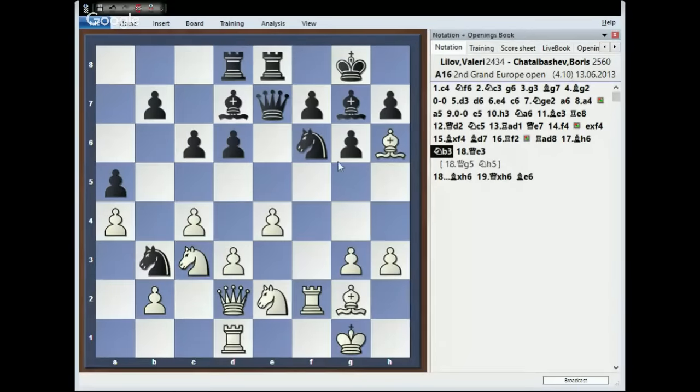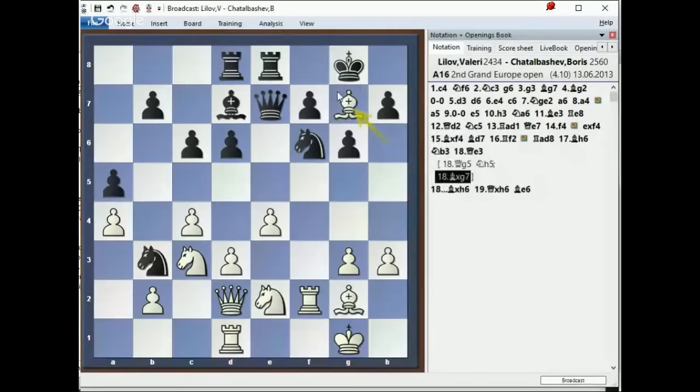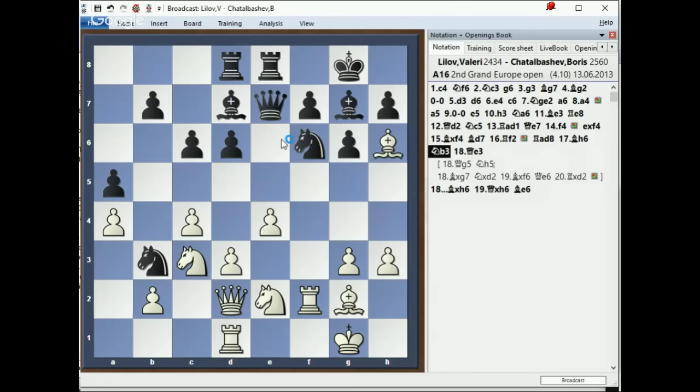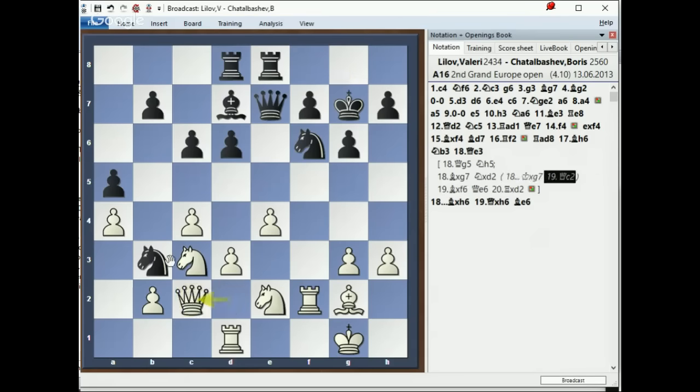Bishop takes g7. You bet. It was interesting because now if he takes my queen, I can take f6, and I can take the d2. And you realize that black's position is so bad that on the very next move there will be knight d4, and then there is a queen that's being trapped there. It's so bad. In fact, after bishop takes g7, if he takes with the king, that's the most interesting part, because you realize I could drive away the knight and then do rook f1.